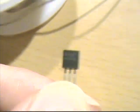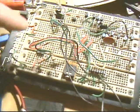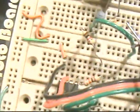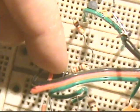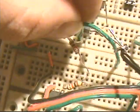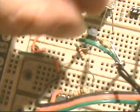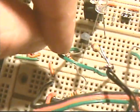All right, and so give me just a second, and I'm going to hook this up a little bit differently so that the PICAXE is what's driving the transistor, which is what's driving the LEDs, and I'll make them blink. Okay, now I have it so that our PICAXE output, which is pin number 5, I don't remember which output number it is, it doesn't really matter. So it's pin number 5 on the PICAXE 08M. I have it going through 2 1 kilo ohm resistors. So it's 2 kilo ohms between our output and the base of the transistor,